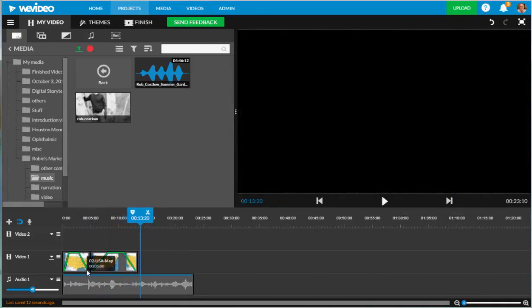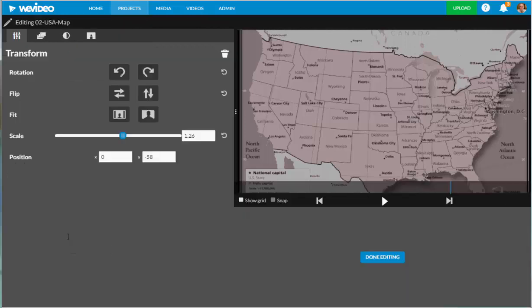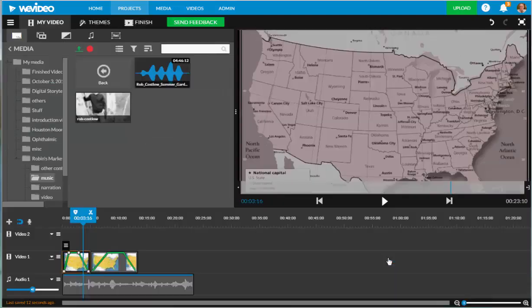So I can experiment with doing this manually or using the tools. You have to click on the clip to be able to get to these tools. And this one is the clip editor that lets you do transforming or animation from there, where you can zoom or pan. And I won't do that for right now. So the most important thing is just to know that these tools are available to you for still images